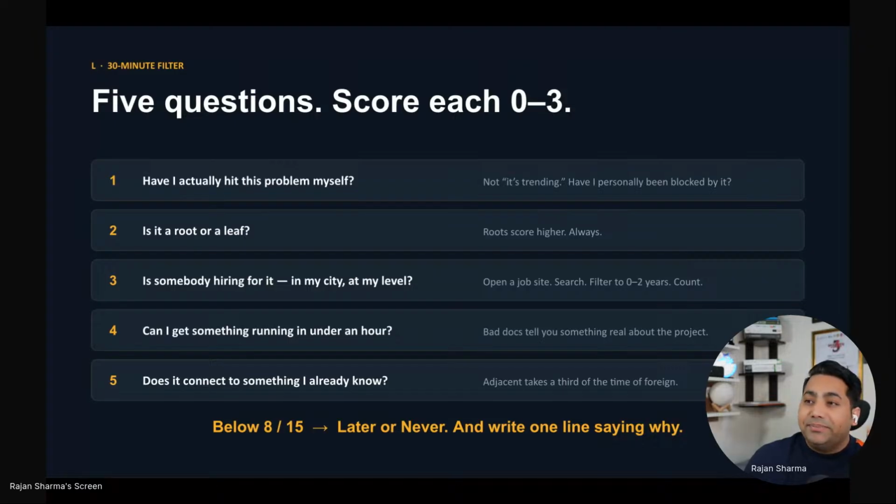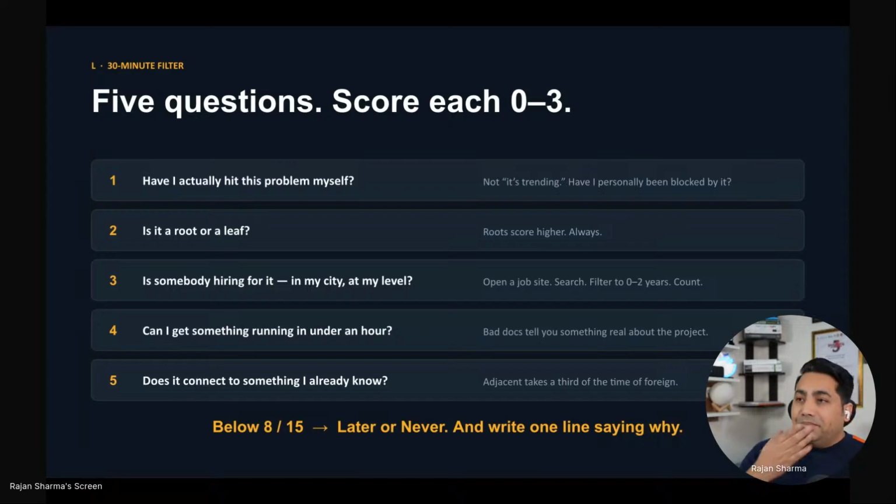The next is, do you have a quick tutorial on that technology that helps you get something running within an hour? This is called the quick start. Generally, most technologies provide that. So you will go and run a quick hello world with that technology, and that will tell you the reality of that project, how easy or how hard it will be. That will give you a very good idea of what the technology can produce and how fast you can learn it, like a POC kind of thing.